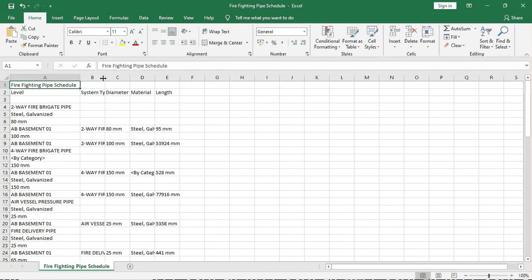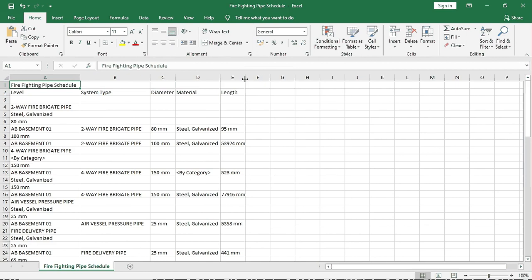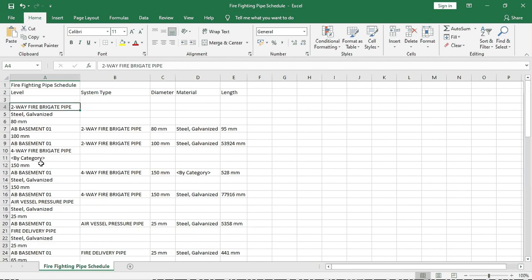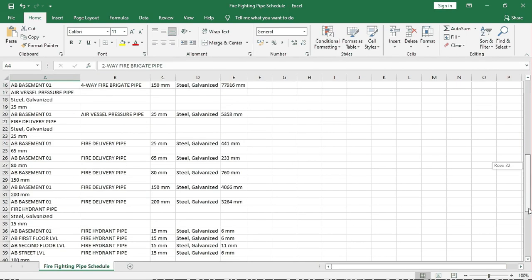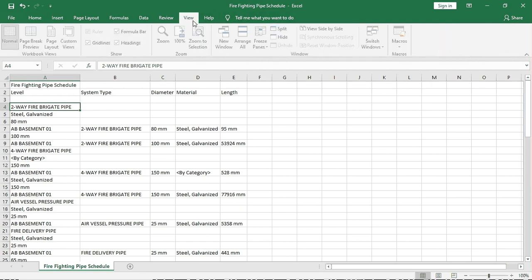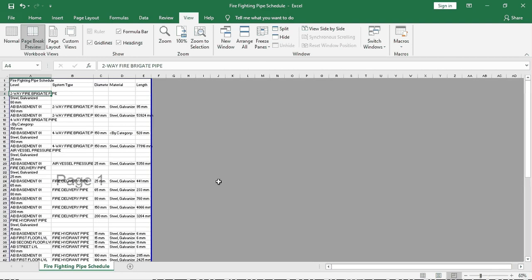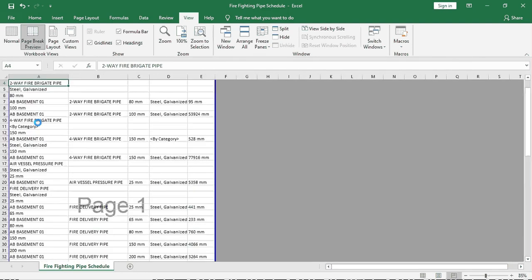You can save. It is coming properly in the Excel sheet. We can arrange it in Excel according to our project reference, whatever it is. It is better. In my reference I arranged this type of schedule.